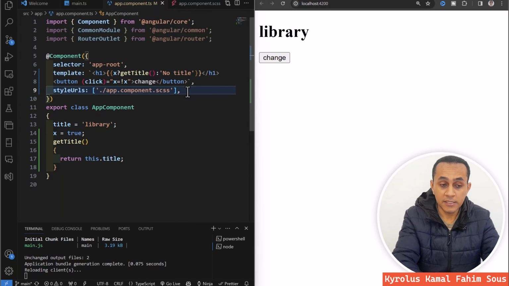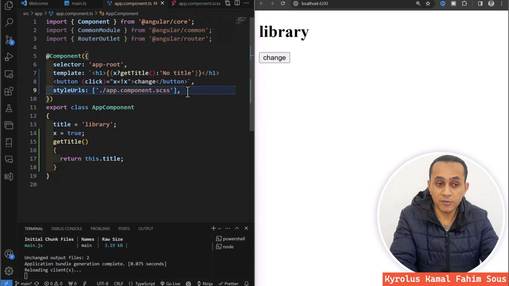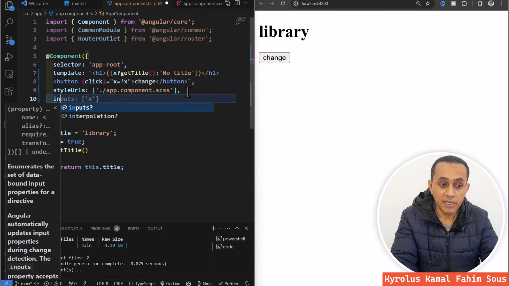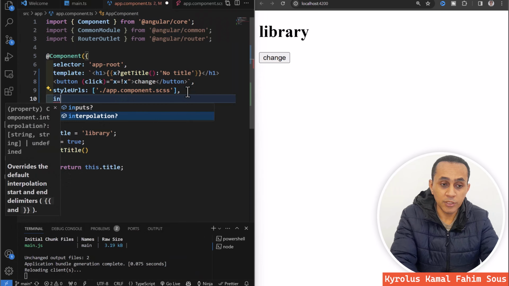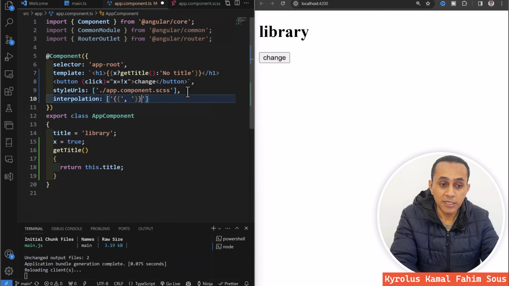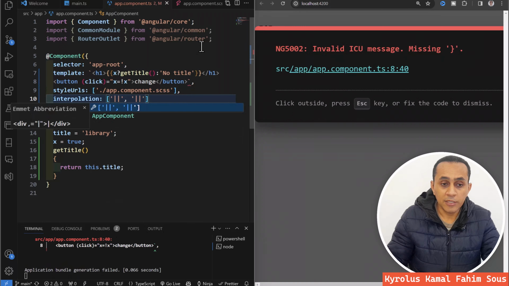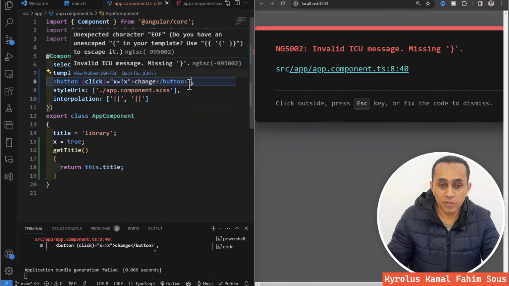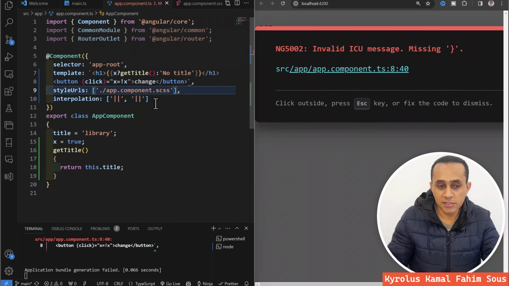Also, inside the component decorator, we have a property called interpolation, in which you can change the characters used for interpolation. I know that it shows an error here, and I know that this error is not logical, and I reported this problem to the Angular team, but I'm still waiting for the answer.